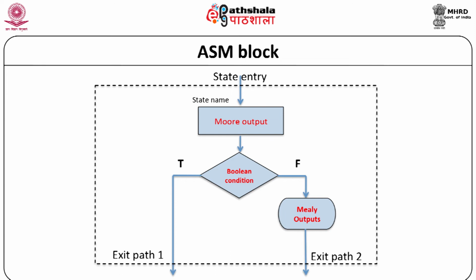In this ASM block, the state box represents the state in the FSM and the output describes the desired output values when the circuit enters this state, that is the Moore output. The decision box tests an input condition to determine the exit path of the current ASM block. A conditional output box also lists asserted signals. It can only be placed after an exit path of a decision box. These are the Mealy outputs that depend on the state and the input values.